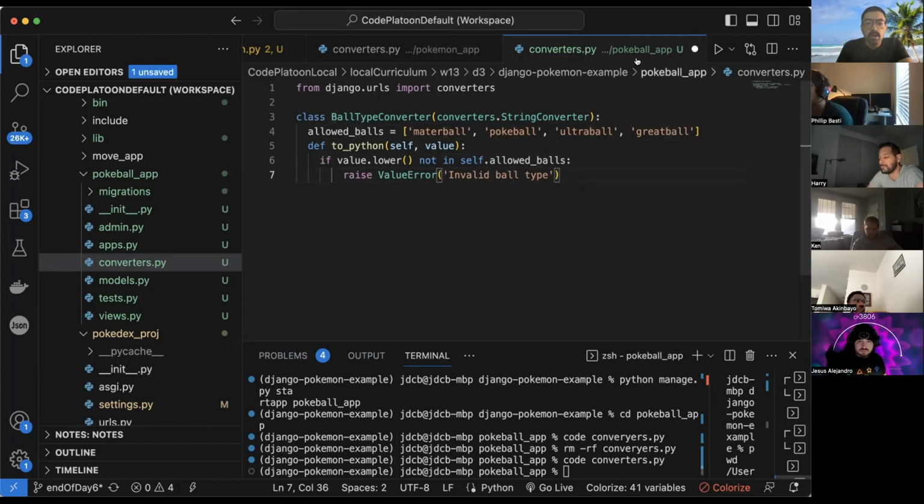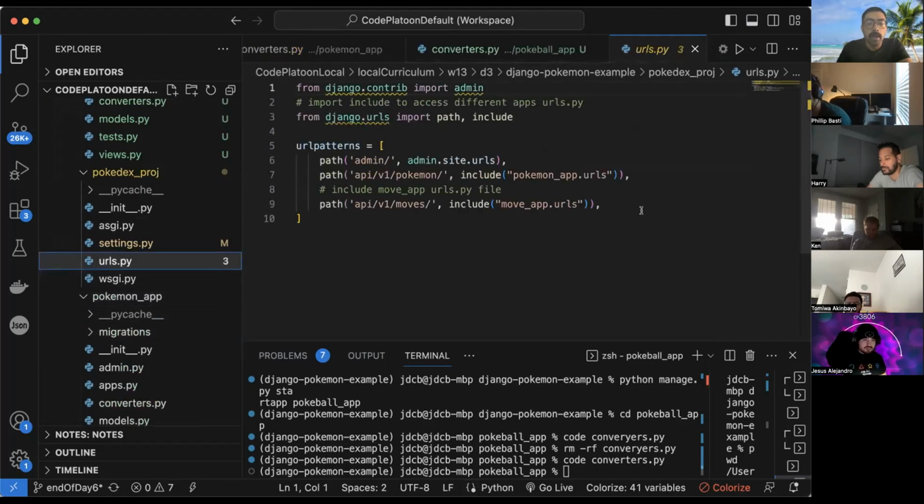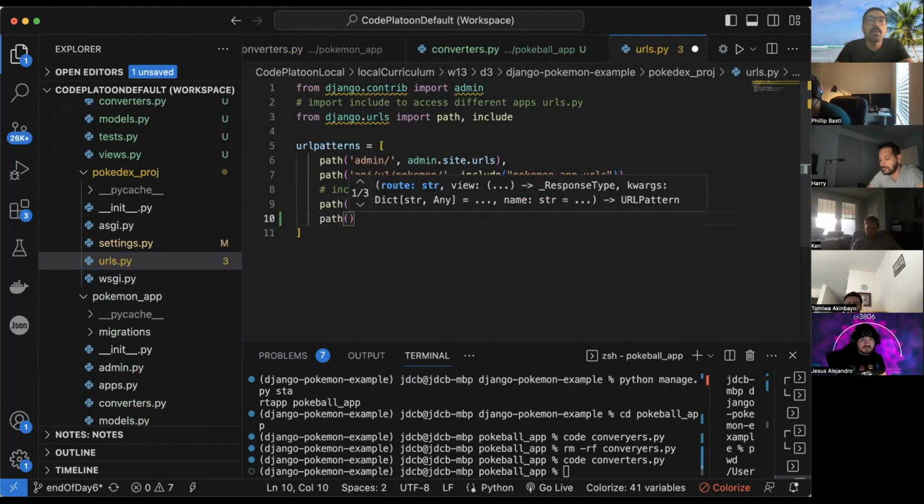And then otherwise, we will be returning the value all lowercase. All right, now we got to go back to our URLs file and create a path to this new function. So let's say path equals,